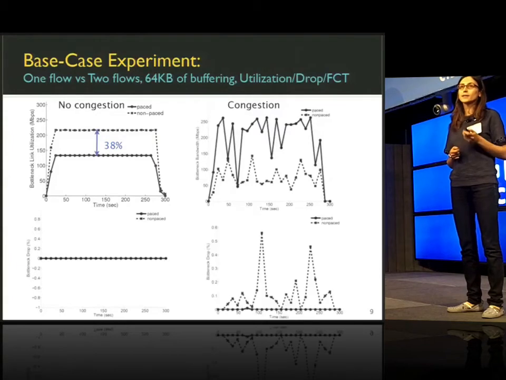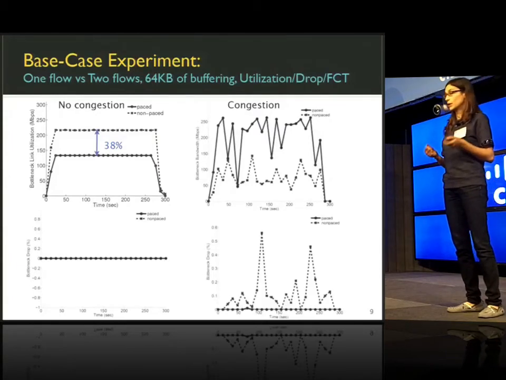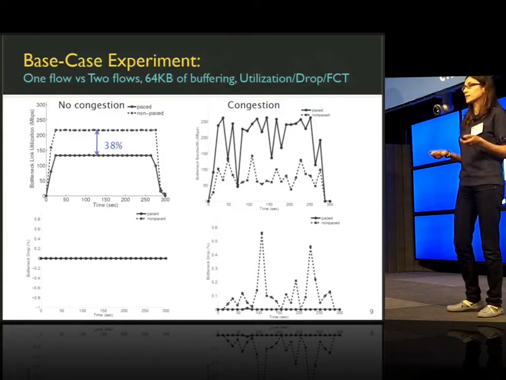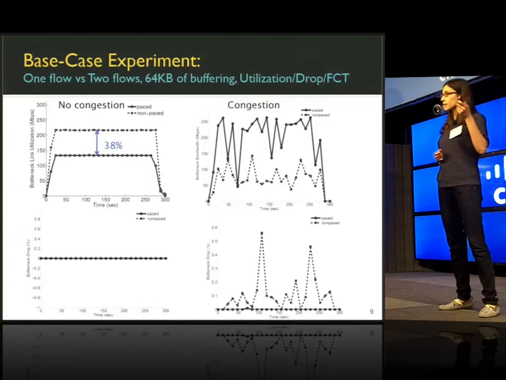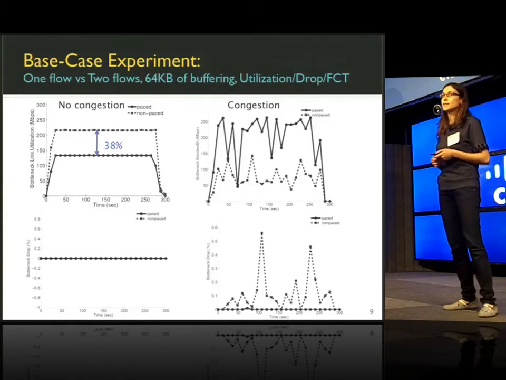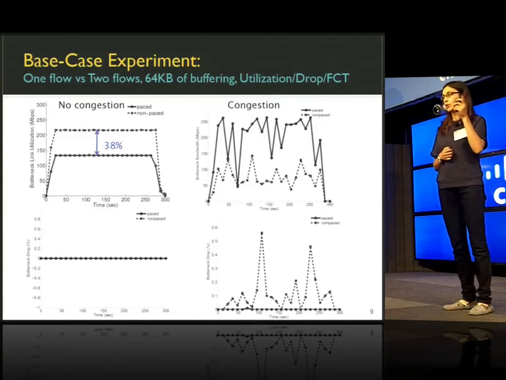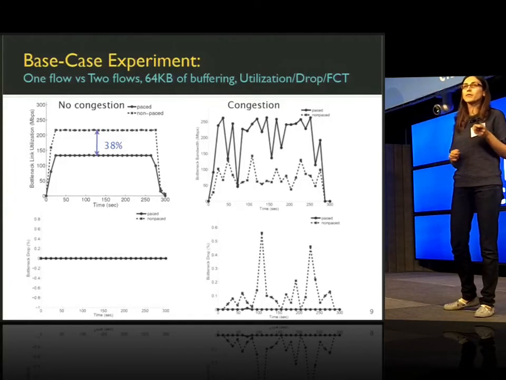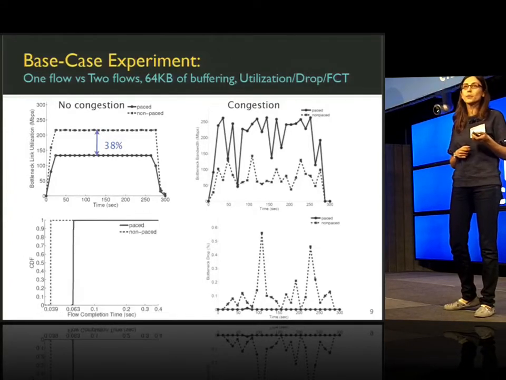In the second case, there are actually packet drops in the non-paced case because there's congestion in the network. But by pacing packets, pacing is mitigating these bursts of packets in the router buffers, and hence it's actually having a higher utilization. This is easier to explain if we look at the flow completion times here